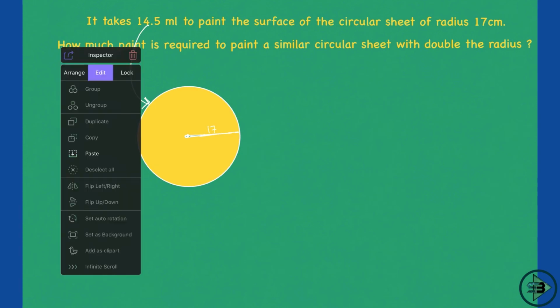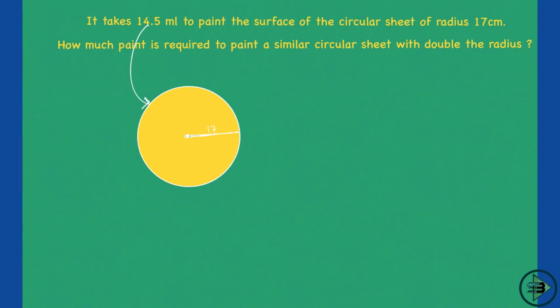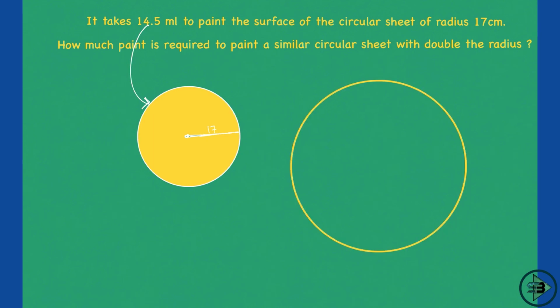So what will I do here? I'll draw a circle which has a radius equal to 34. So let me draw a bigger circle here, something like this. Now this yellow circle has a radius equal to 34, because the radius is now twice of this. You will have to just see what is happening to the area. What was this area? This was equal to pi into 17 square, pi r square. And what will be this area? Pi into 34 square. Now don't go ahead and calculate this.